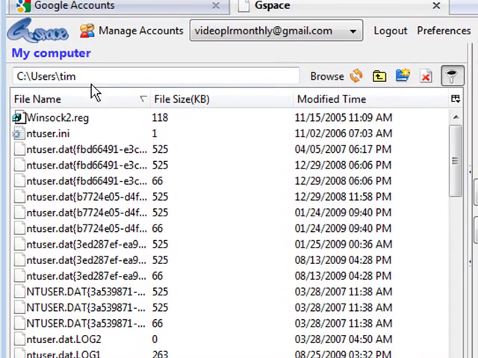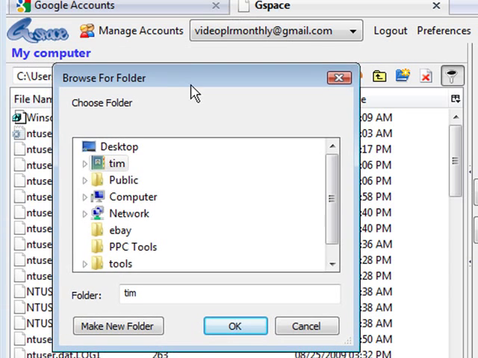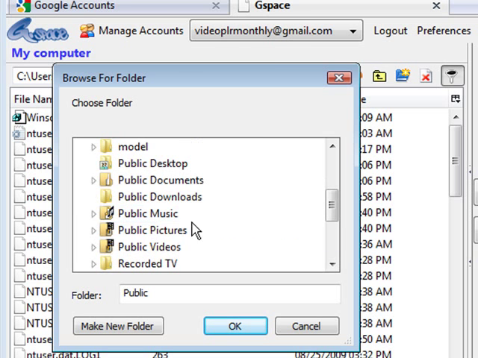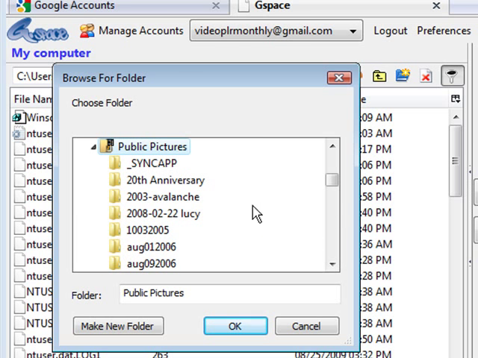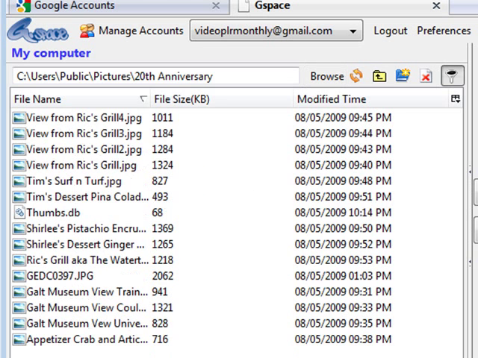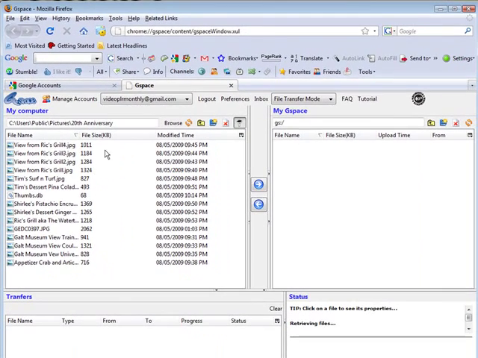Okay, now on this side, this is your computer. So what you can do here is you can just navigate as you normally would. So we can click Browse, and then a little window comes up, and then we can go from here to wherever it is we want to go. So say we want to go to Public Pictures, and then we can pick something out of here. Okay, and then here are the files in the folder. So what we can do now is just pick the files we want,